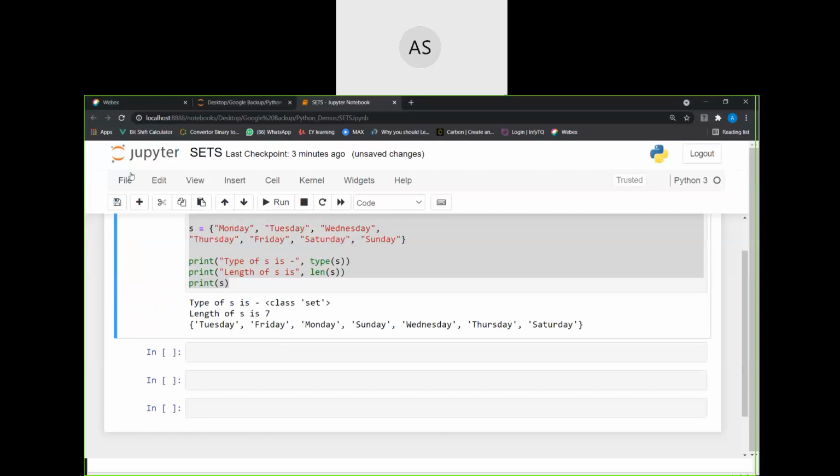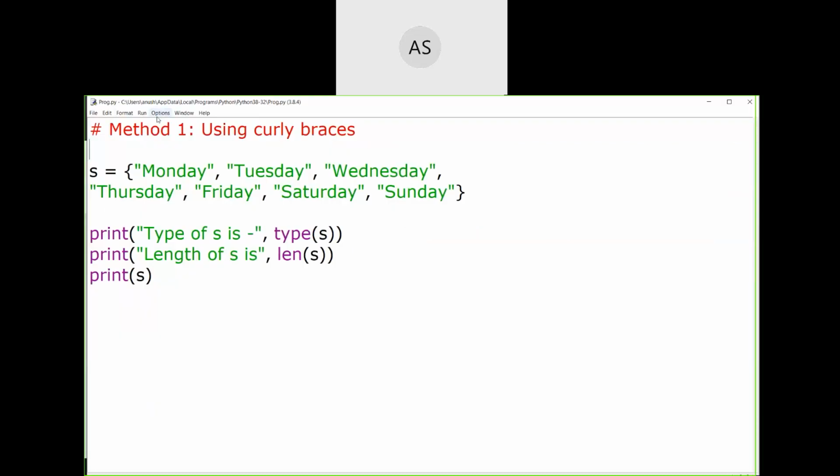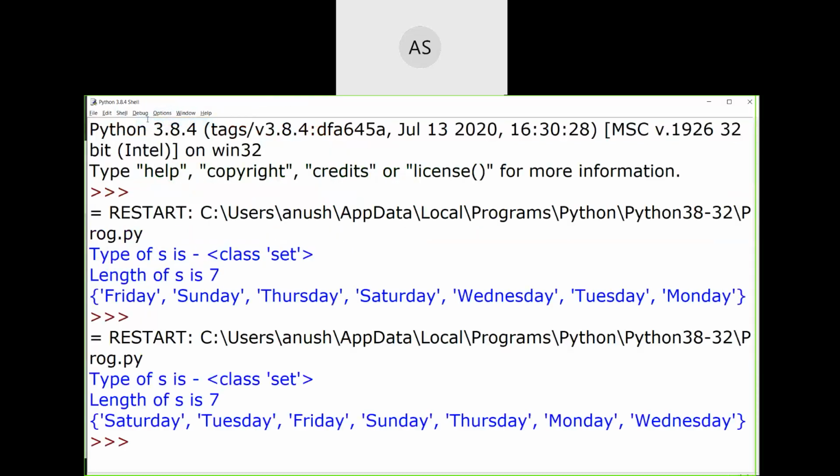Let us execute the program again. This time, same program, but it is giving me a really different set of output from what it showed. The first time was like this, second time was like this. Thus proving my point that sets are unordered.